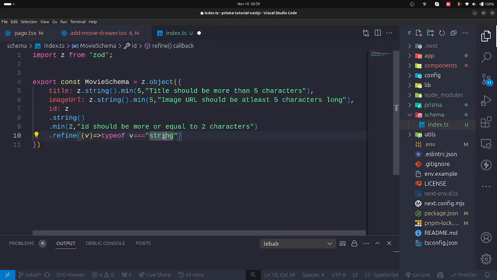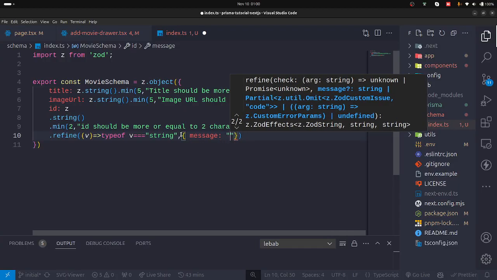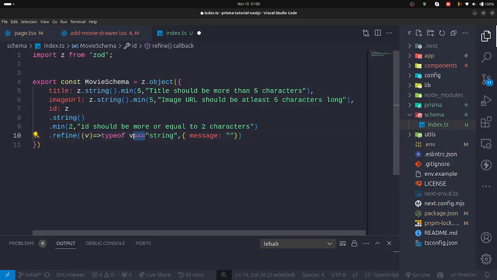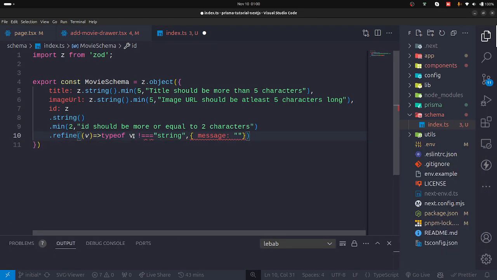So what should we do with the value? We can check whether the type is a string, and then we can say that the message should be, so we want the person to provide a number. So if it's not equal to